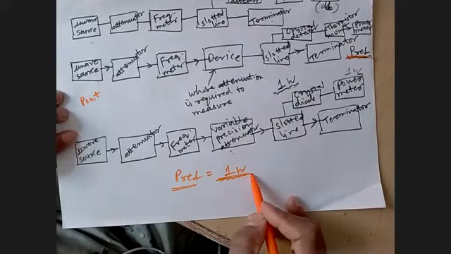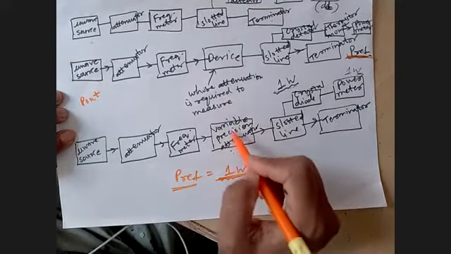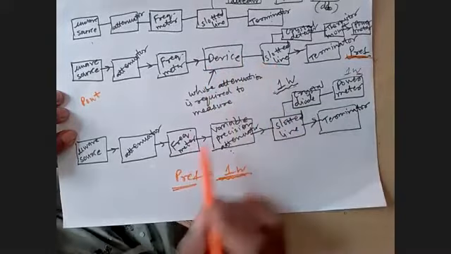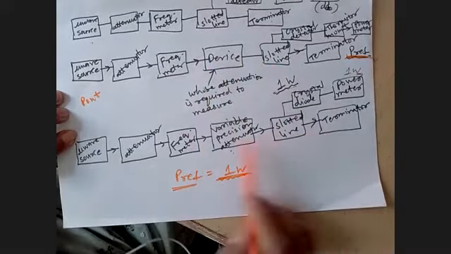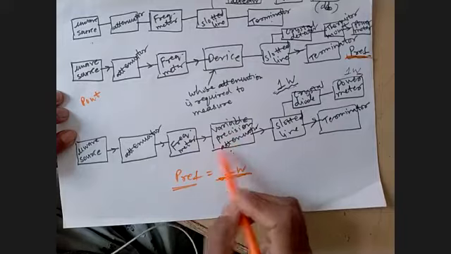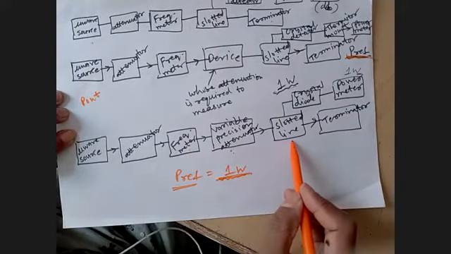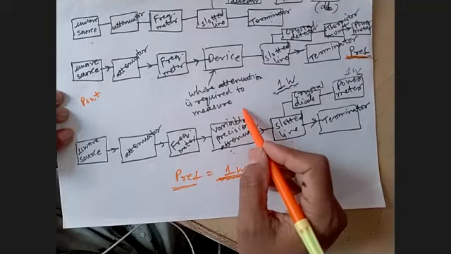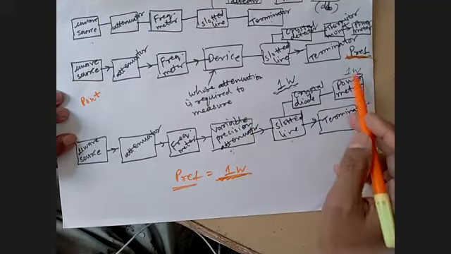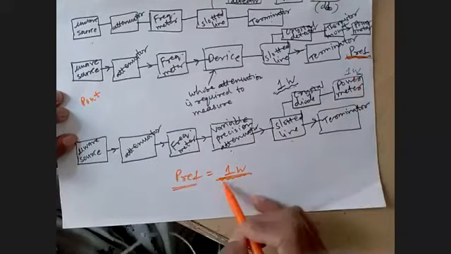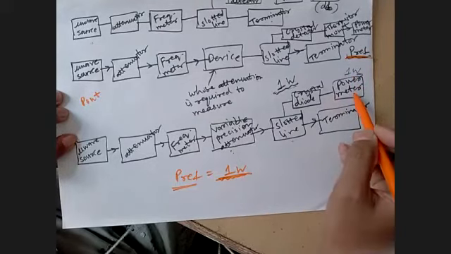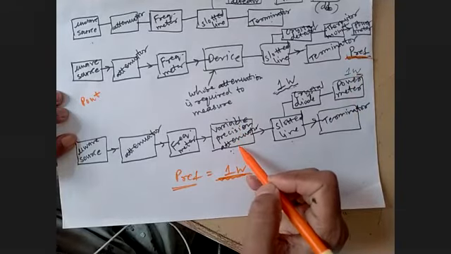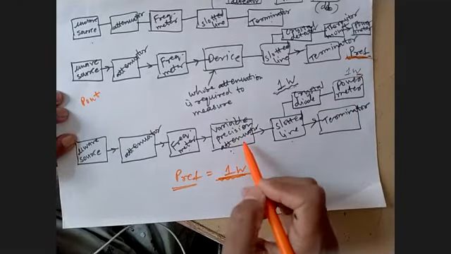Let this reference power be equal to 1 watt. Now place the variable precision attenuator in place of this device between frequency meter and the slotted line, as shown here in this diagram. Now adjust this attenuator until the power meter shows the reference power, that is 1 watt. As soon as the power meter shows 1 watt, stop moving the attenuator. Now measure the value of the attenuation directly from the attenuator.